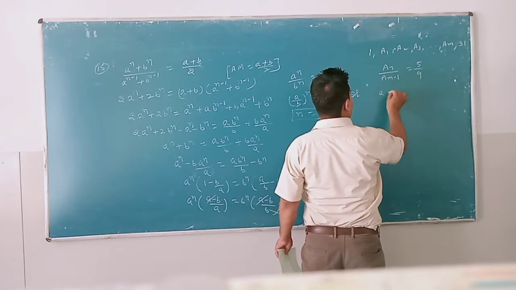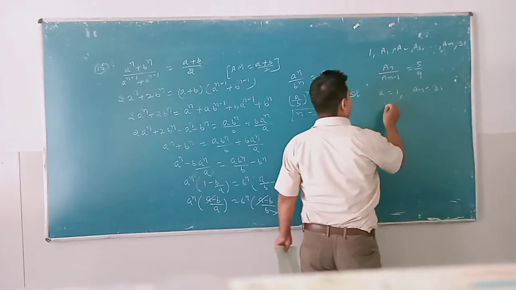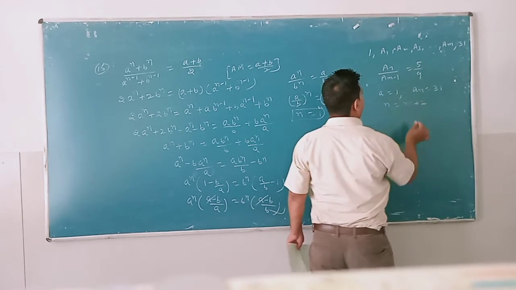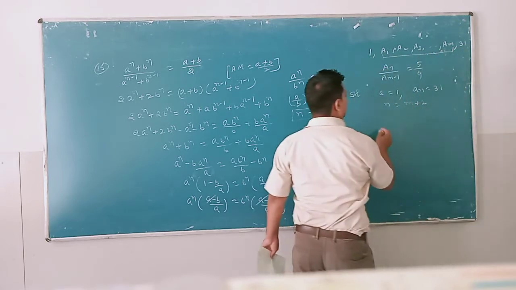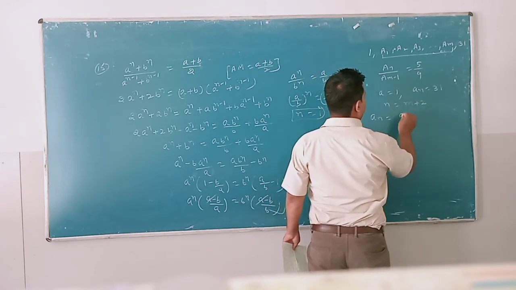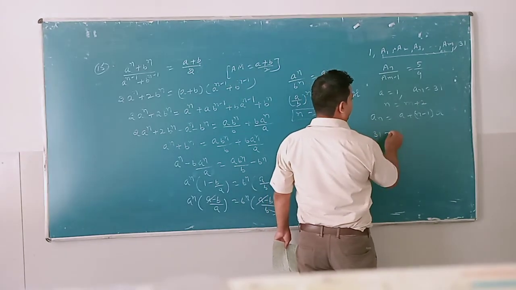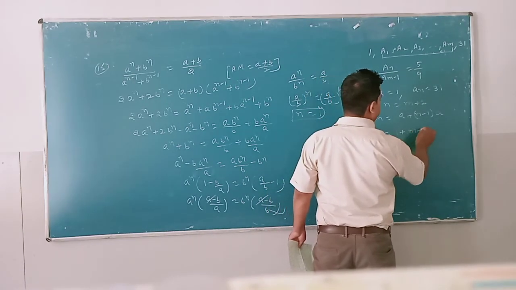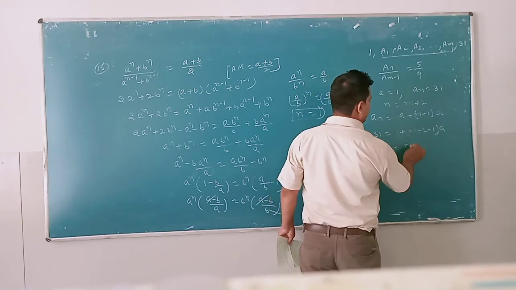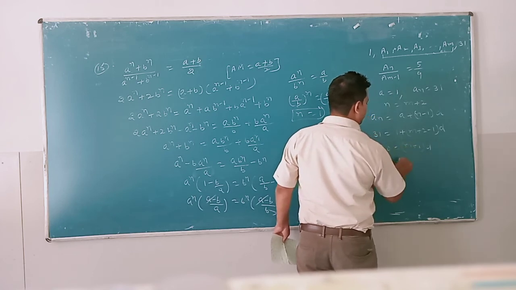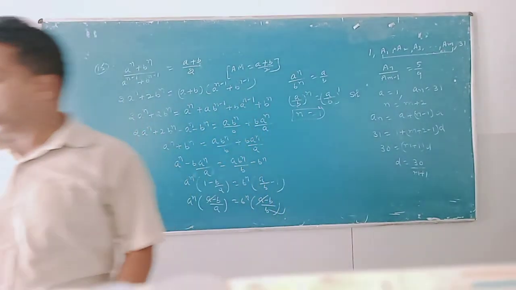In this sequence, a is 1, the last term is 31 and the number of terms is m plus 2. These are the m means and these are the 2 terms, so the number of terms is m plus 2. As we know, an is a plus (n minus 1) into d. An is 31, a is 1, n is m plus 2, so (m plus 2 minus 1) into d. This is 31, this is (m plus 1) into d. So the value of d is 30 upon m plus 1.